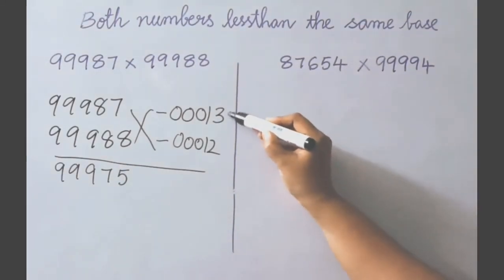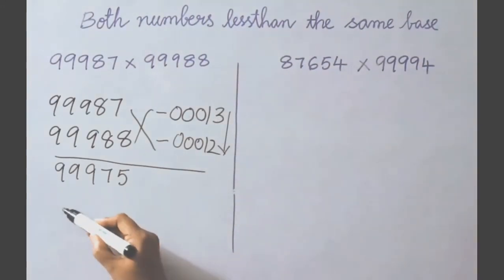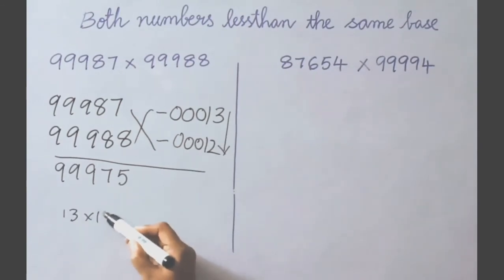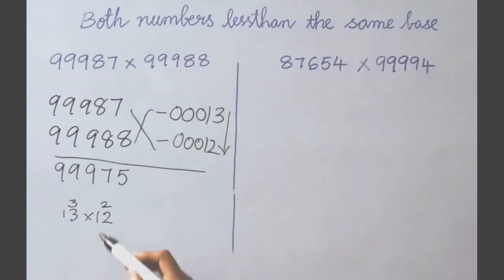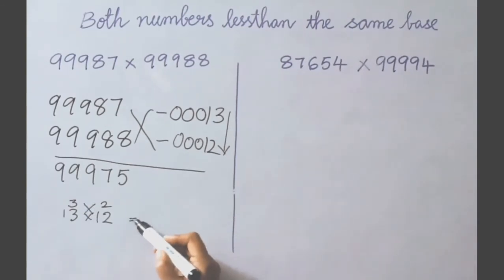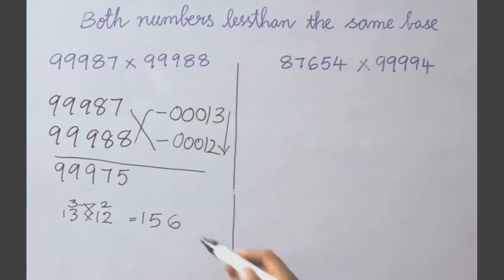Second, what we have to do? Multiply these both. 13 twelves, minus into minus is plus. Now let us find out how much 13 twelves are. So here the excess value is 3 and here the excess value is 2. Cross addition: 12 plus 3, 15, or 13 plus 2 is also 15. Now multiply these two. 3 twos are 6. So 13 twelves, the answer is 156.